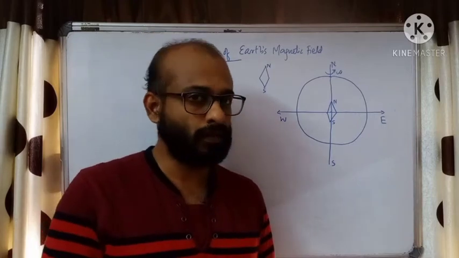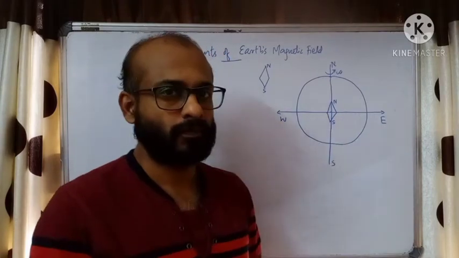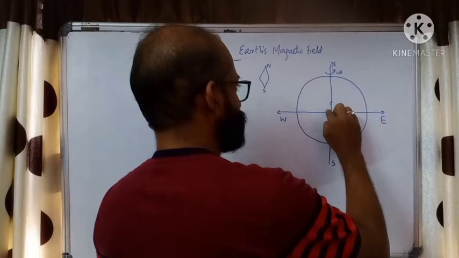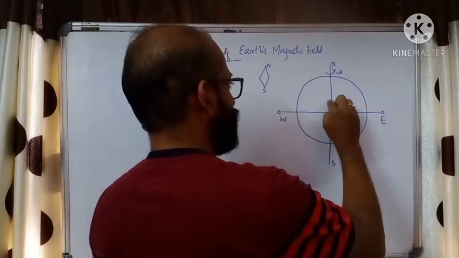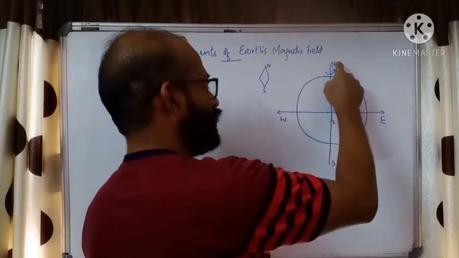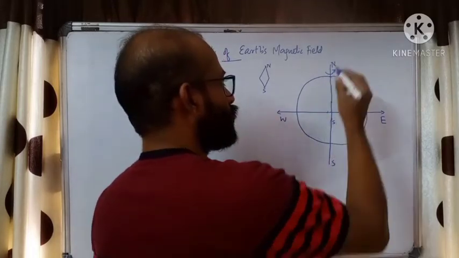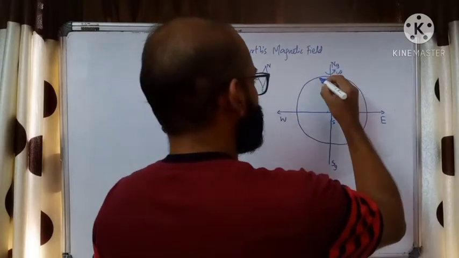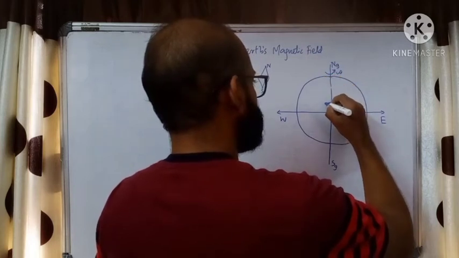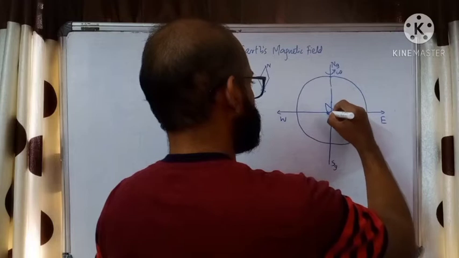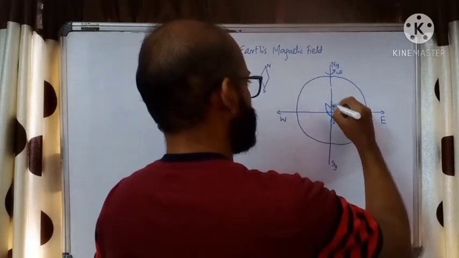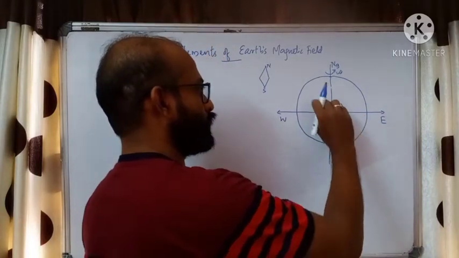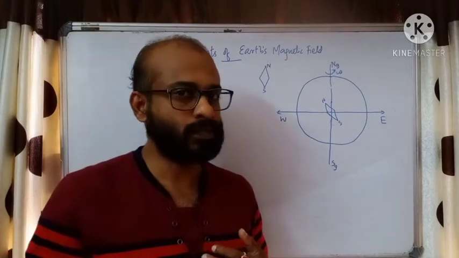But actually it is observed that it does not have this alignment. It is slightly tilted. I'll just draw the direction. Actually, this is not the position. What we expect is that it should align along the geographic north and geographic south. These north and south are called geographic north and south. To indicate, we can give a symbol NG and SG, geographic. But it is observed that it is aligning in this direction. This is the north pole and this will be the south. These are the north and south poles of the freely suspended compass needle.